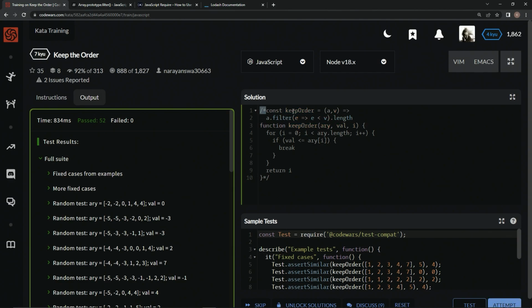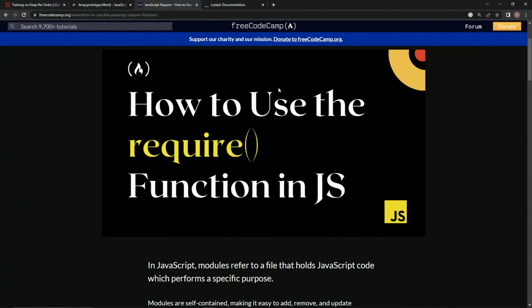Because we need to make a brand new const keepOrder that's unrelated to this one, because it's not going to be an arrow function. It's going to be something crazy. Const keepOrder equals... now, what does it equal? Not this. We're not making a function. We're going to come over here to this JavaScript require thing that freeCodeCamp has